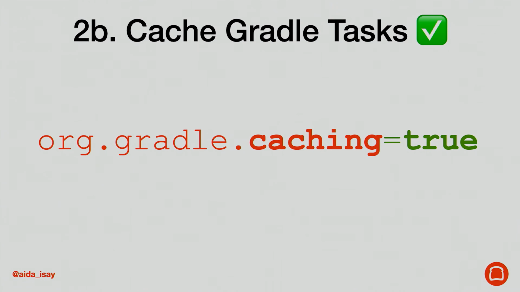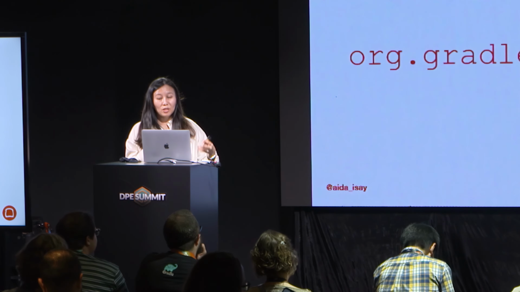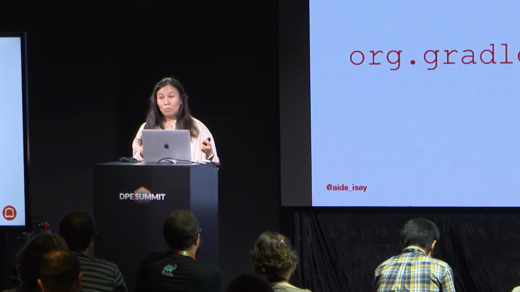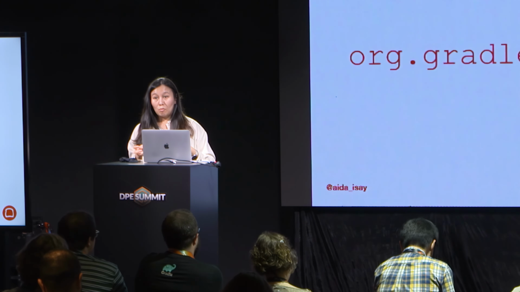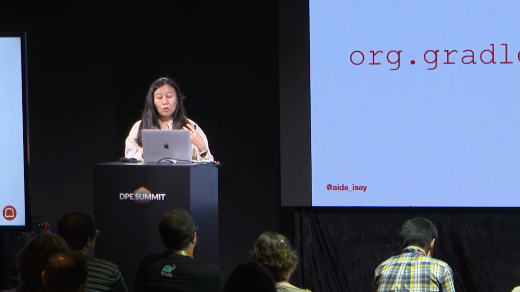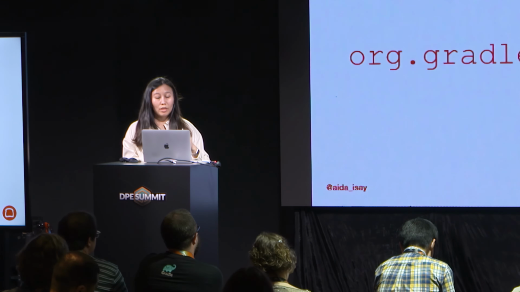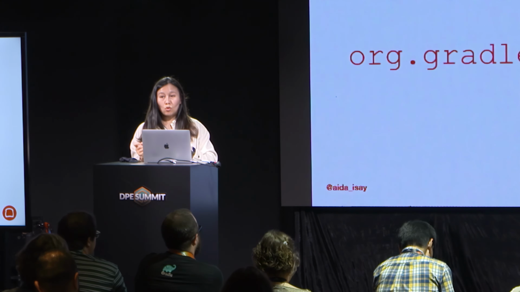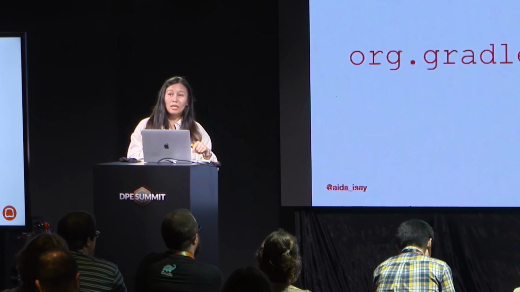The next one is enabling build caching. Caching is a fundamental concept that implies that you're going to be reusing previously executed tasks. Gradle leverages the concept of incremental builds, like a clean build, and then you start with incremental builds, where you can use the build cache, where Gradle fingerprints each task's input and then stores each task's output